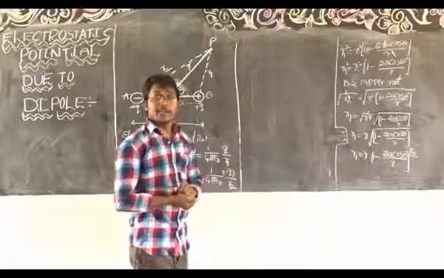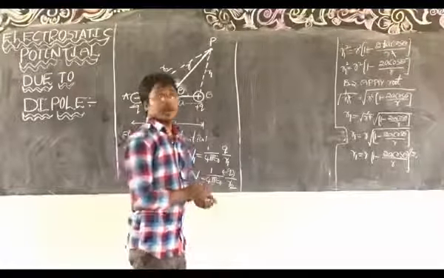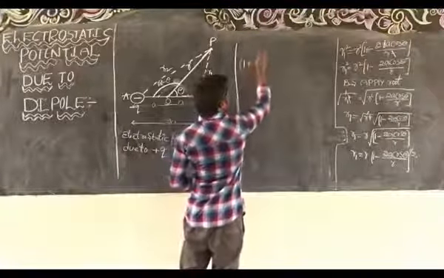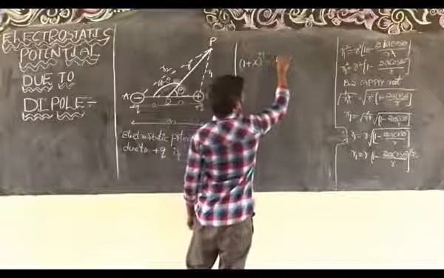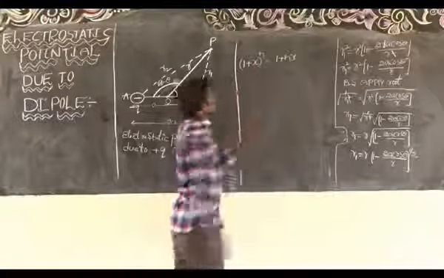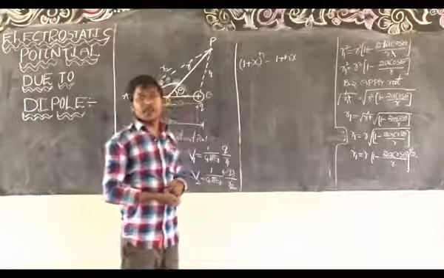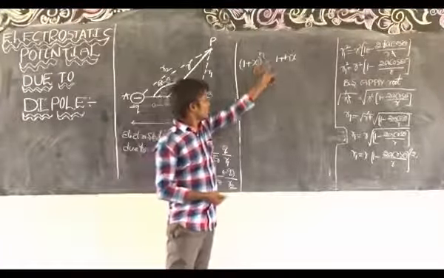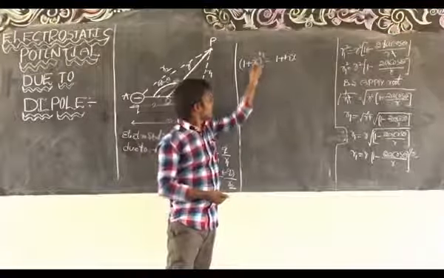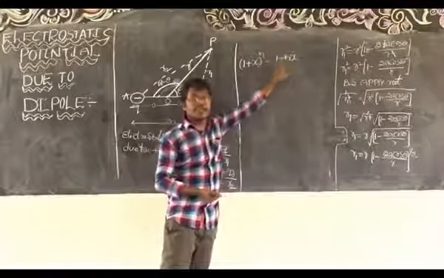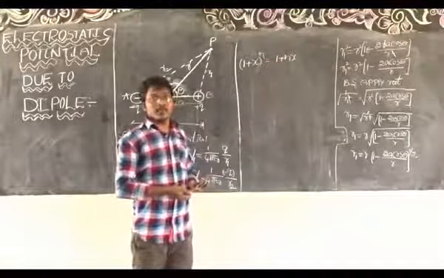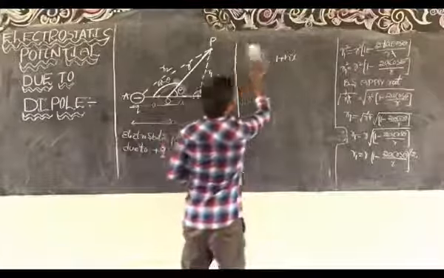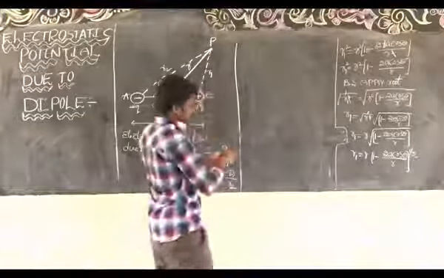From the binomial expansion, what is a binomial expansion? 1 plus x whole power n is equal to 1 plus n into x. This is a binomial expansion. I hope you know already, so many times we discussed in plus 1. 1 plus x whole power n is equal to 1 plus nx, where this n we should write inside. Like that, here also R1 is equal to,